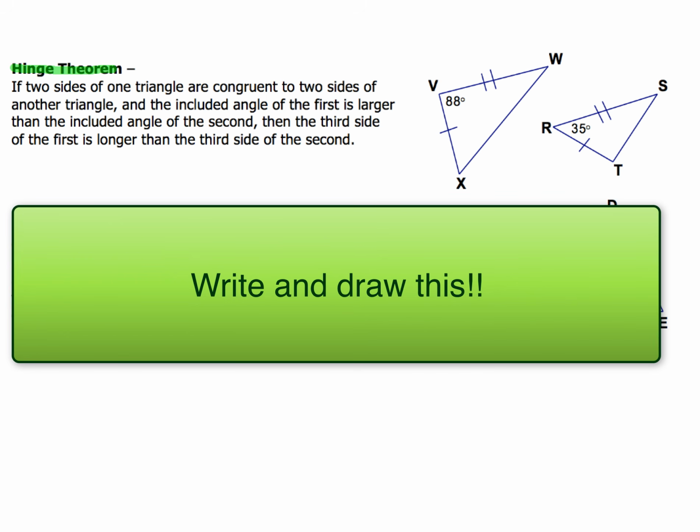Wow, that's a lot of stuff just to say, hey, this side over here is going to be bigger than the side that's over here, because 88 is a bigger angle than 35. So that means XW or WX, either way you want to write it, is going to have to be bigger than the ST part, or TS, either way you want to write that. That's all that says. Pretty straightforward stuff. Now the converse of the Hinge Theorem